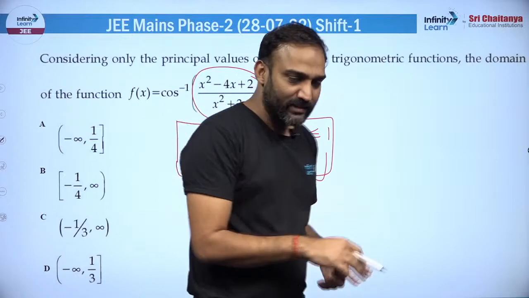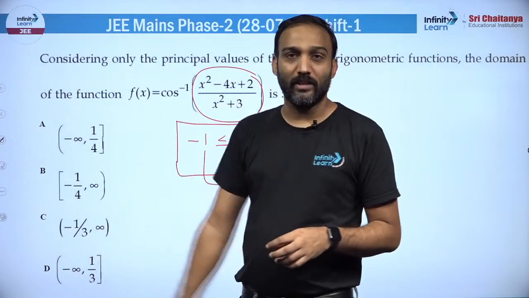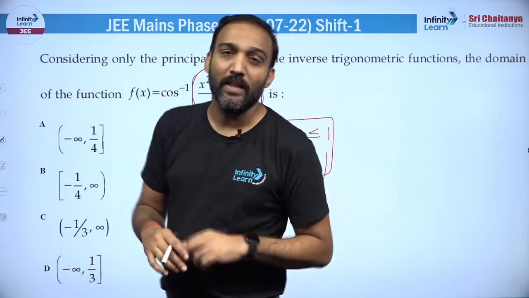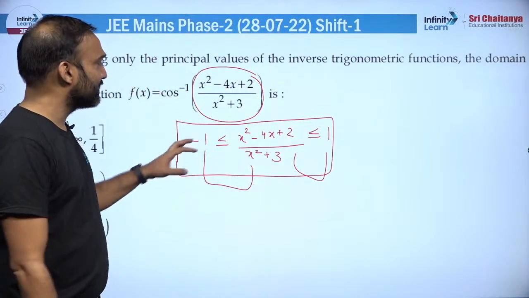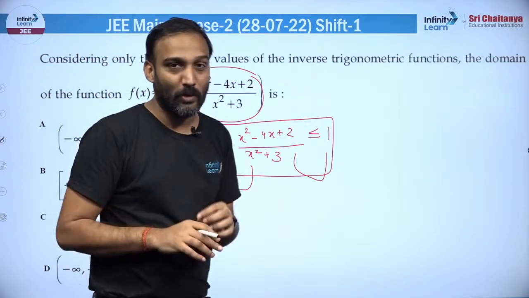Once the range of x is there, then I'll take the intersection, and the intersection would be among these 4 options available, right? That is the first way. The second approach, as I said, inside the competition exam, because the 4 marks are important and the time is also important, we need to